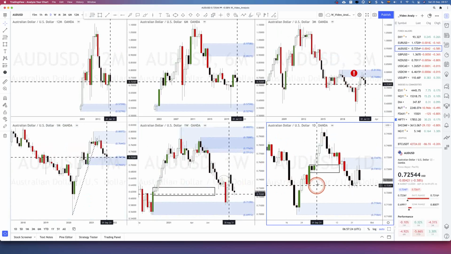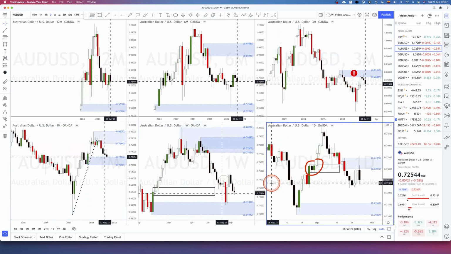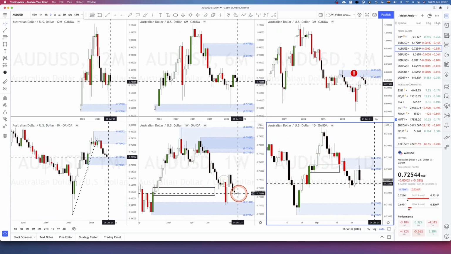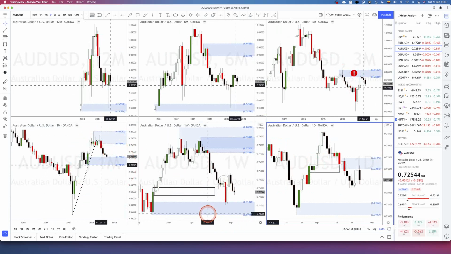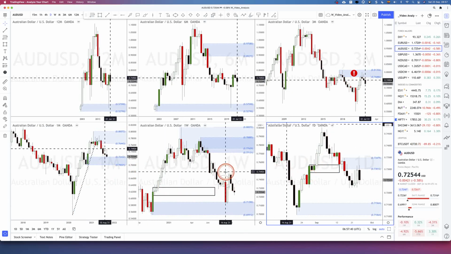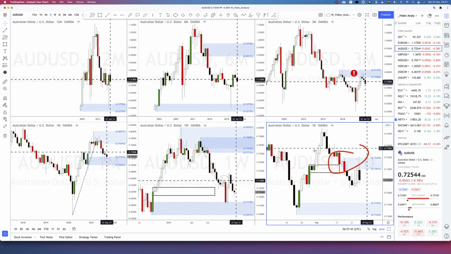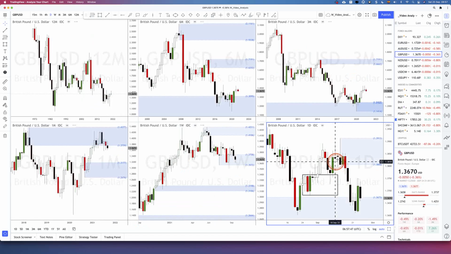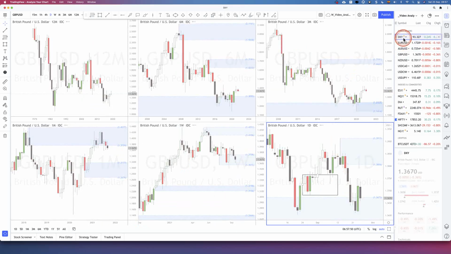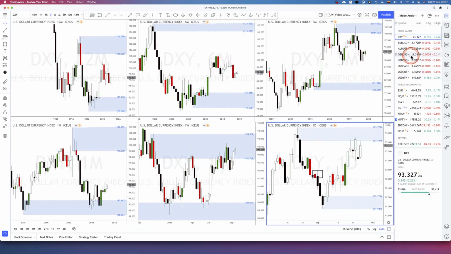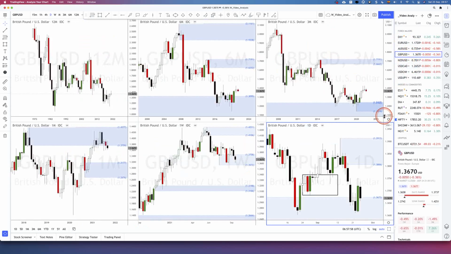On the Aussie dollar, we were expecting this area of demand to be eliminated. As explained in previous analysis, we had the 3 month supply in control, and we had monthly out of alignment. So no longs were allowed on this one because we don't have a trend. Now we have the daily area of supply in control. It will probably keep on dropping because the dollar index is rallying and potentially eliminating that area of supply. If that happens, we're going to see all these cross pairs dropping strongly with the dollar on the right